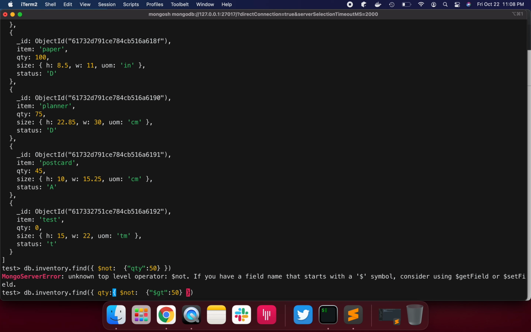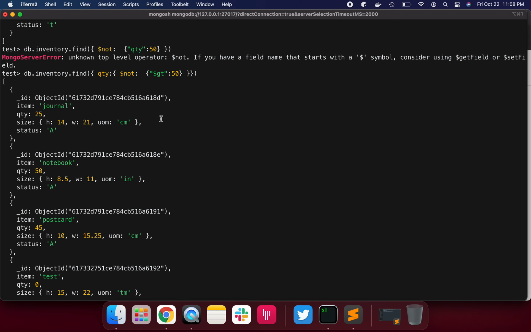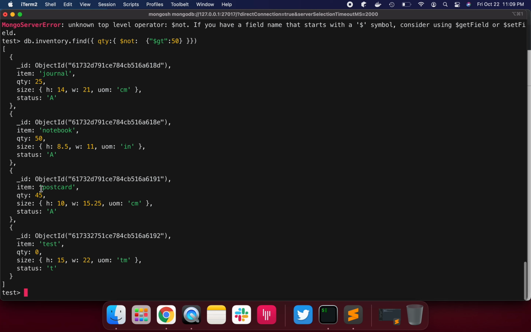So this one is closed and this one is closed. I think we are missing one more, yeah. Now we need to find quantity that is not greater than 50, right? So we get those quantities, like 45, that are not greater than 50.